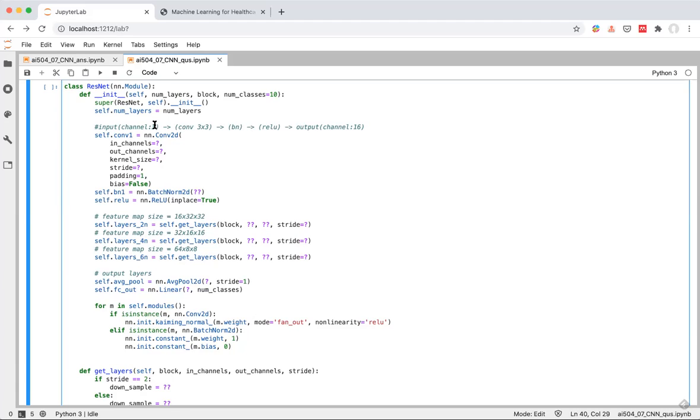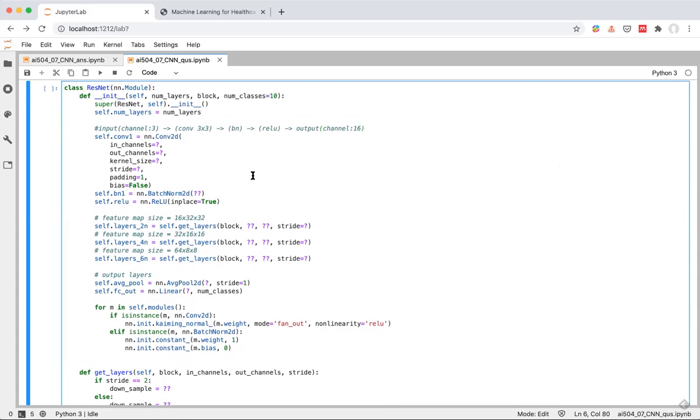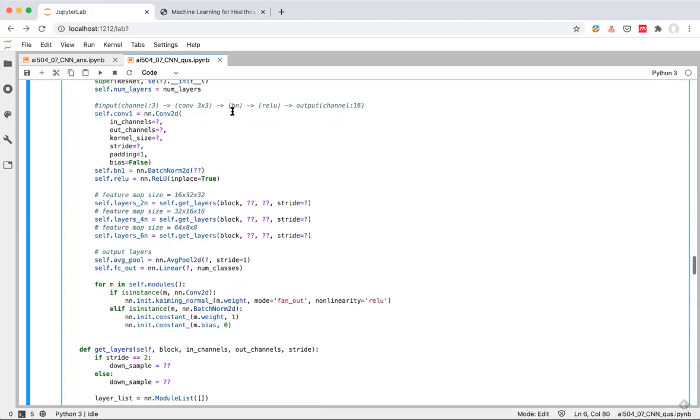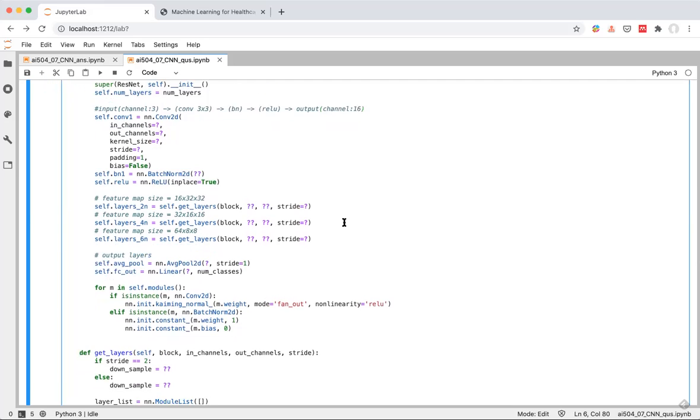So we will use the images, which have three RGB channels, and use a 3 by 3 convolutional layer, and we expect the output of this convolutional block to be 16. So we will not use the 7 by 7 kernel size with this CIFAR10 dataset. Okay, and then as I mentioned above, with the overall structure of the ResNet in our case,